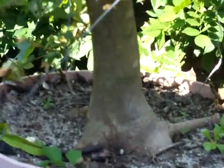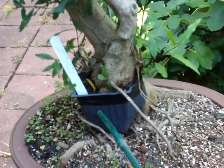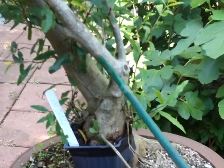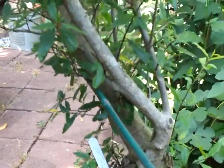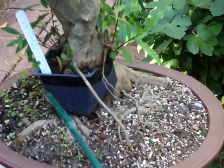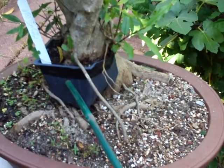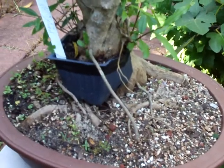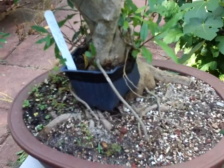Nice Nebari, nice branching. Another thing I've done was go back and take one of my pomegranates, and I'm rooting this part right here. This is actually the original trunk in the plant that I bought from a local nursery, and the larger part took over, and because it was younger, it grew faster. But anyway, here we are at the last couple of days of June. The middle of July, July 15th or so, I should be able to take this off. I started May 25th, so I should have plenty of roots in there by the middle of